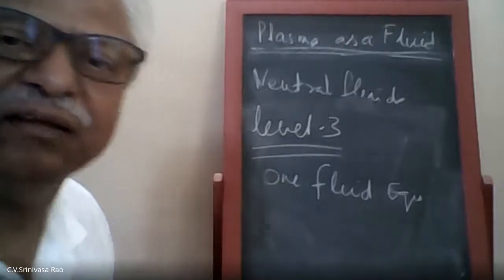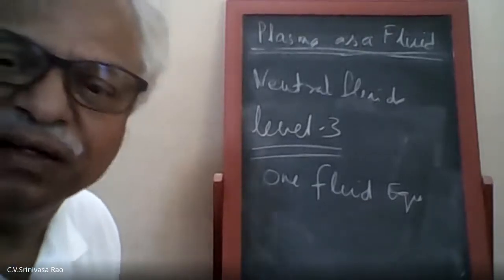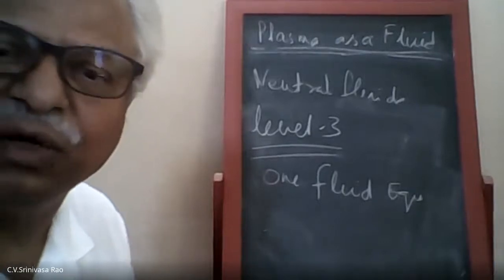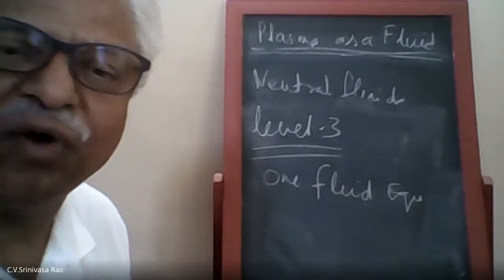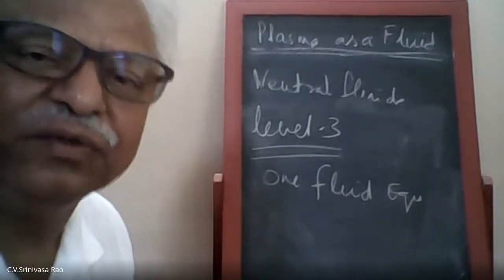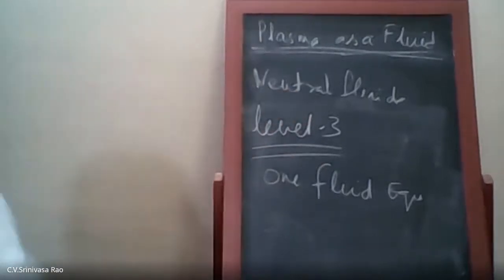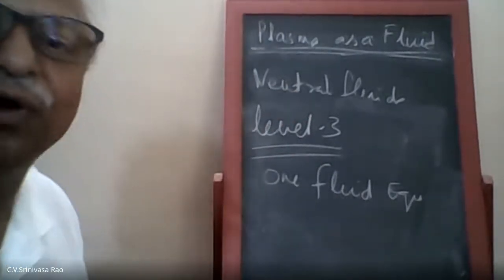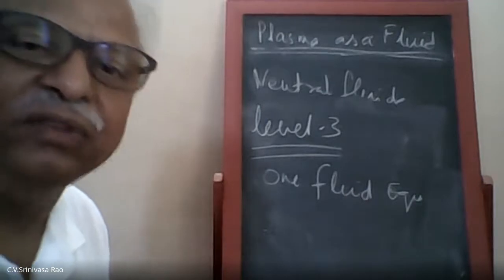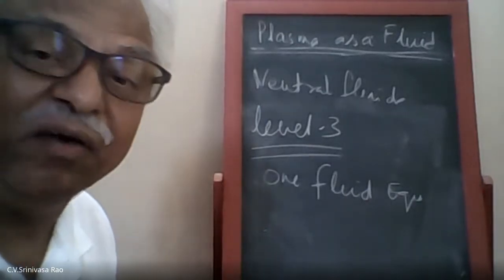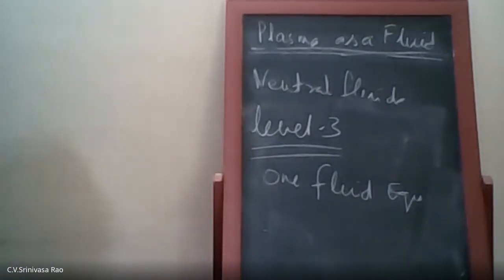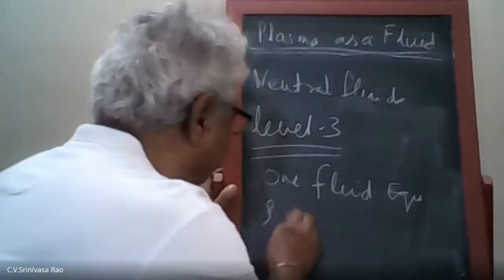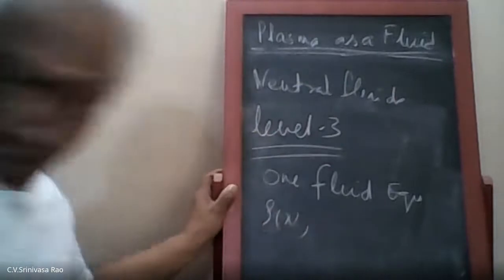Which basically, finally you have to do that. But then it's a total mathematical game. You will miss all the physics part of it. So therefore, people came up with these levels, where you go for cruder and cruder models, basically retaining all the physics. Okay. So in the one fluid equation, now you have parameters like rho of x,